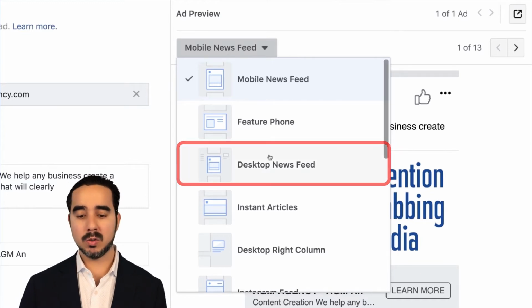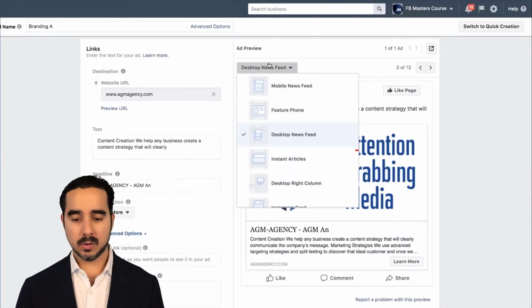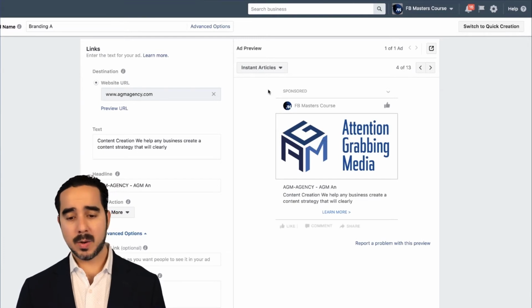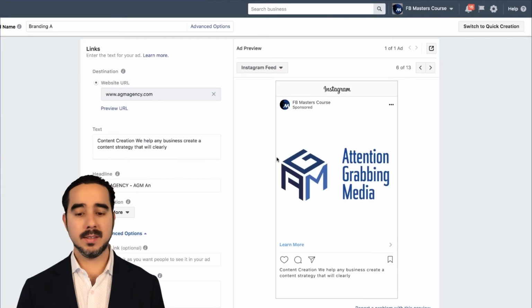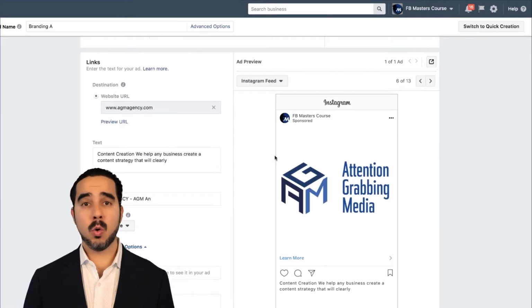Let's say that I wanna see how it looks on desktop. Okay, that's how it looks on the desktop. I wanna see how it looks on an article. That's how it looks. I wanna see how it looks on the Instagram feed. That's how it looks on Instagram. So you can see that right away, as you start building this, you'll immediately see how a person is going